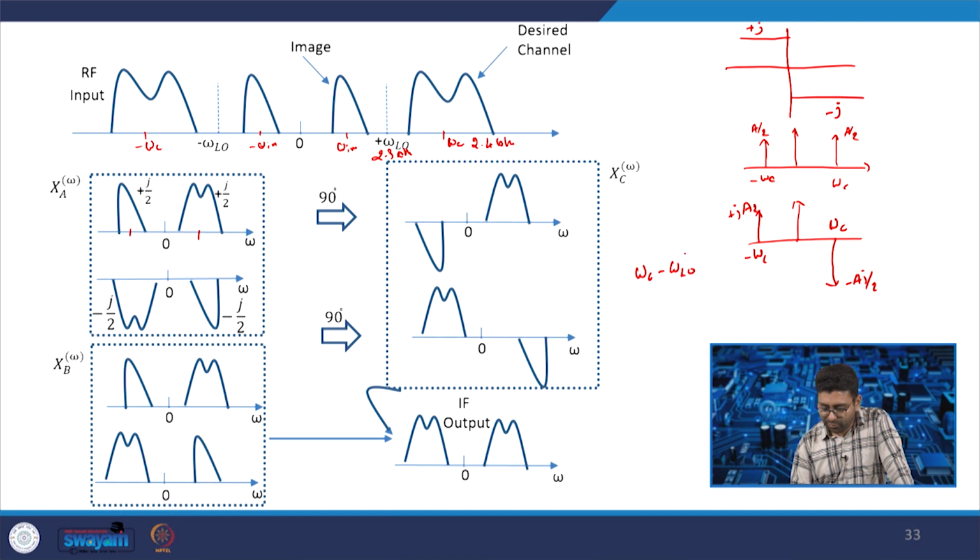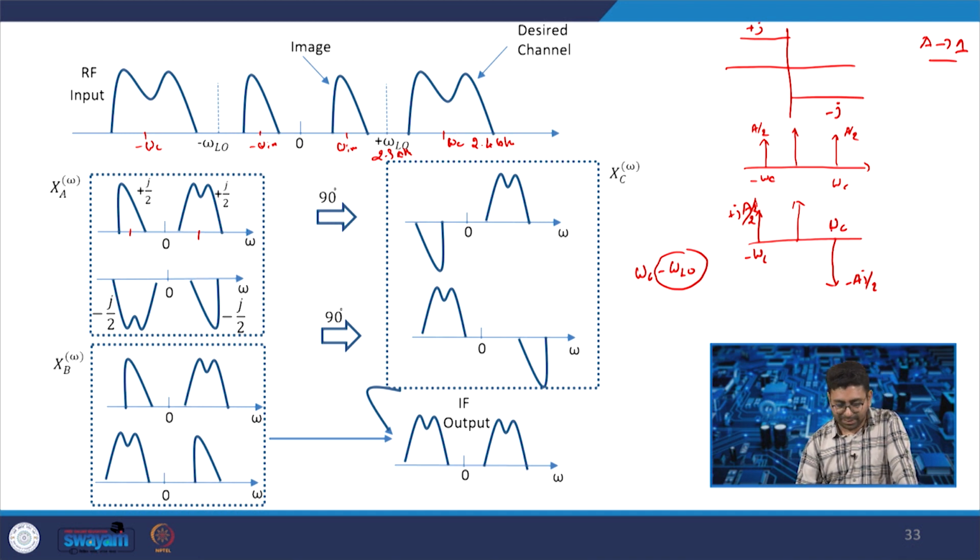So, the negative part of the LO will come at the 100 megahertz. So, that is multiplied with plus j by 2, plus j by 2. So, if we consider amplitude as a 1, in this example, then this is multiplied with plus j by 2 and the image is also multiplied with plus j by 2. Now, when we